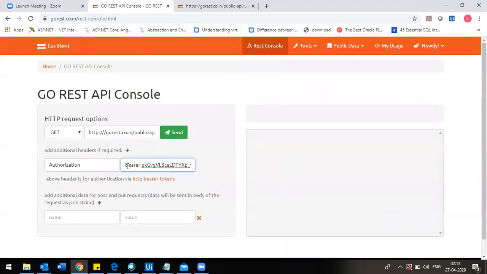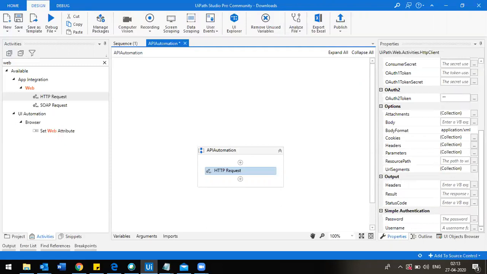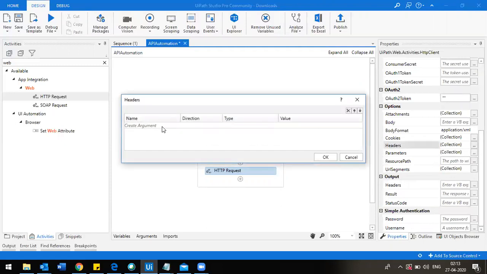So here you see authorization. This token and that token are both the same. Here you see it is prefixed with bearer, which means this is the bearer token that I was talking about previously. Just copy it, and go to headers.